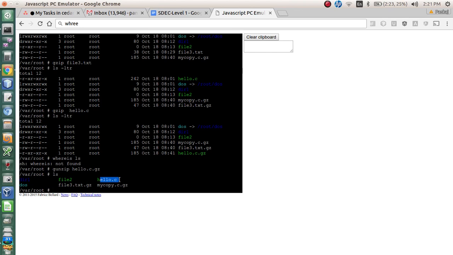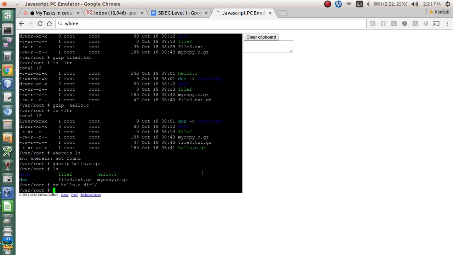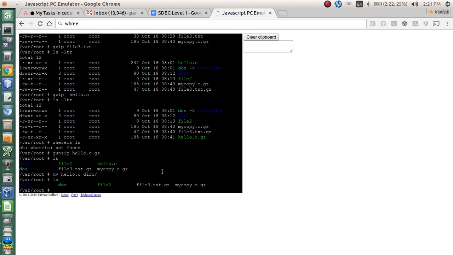The next thing that we want you to do is how would you send multiple files in one set? You want to transfer a directory, for example. How will you transfer that? To do that, we have a directory, right? We have dir1. So what we do is we will move the file hello.c inside dir1, correct? Okay, see, it's gone, so there's no hello.c. It is probably inside dir1. We'll check that later. We'll also move file2